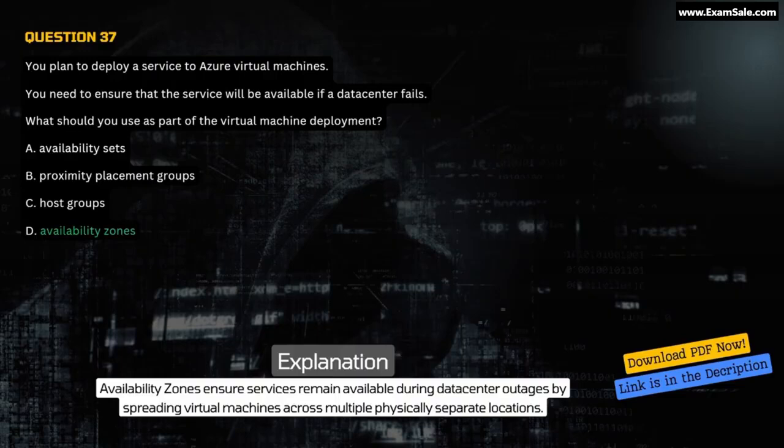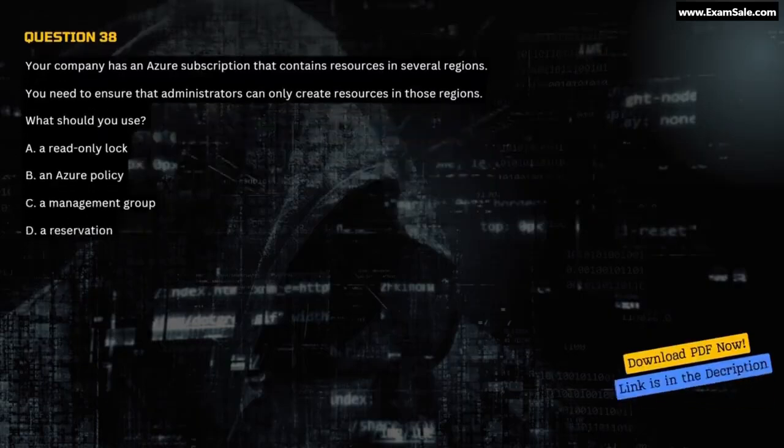Question 38. Your company has an Azure subscription that contains resources in several regions. You need to ensure that administrators can only create resources in those regions. What should you use? A. A read-only lock. B. An Azure policy. C. A management group.